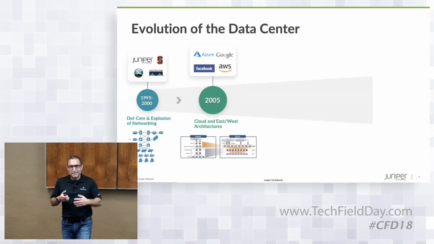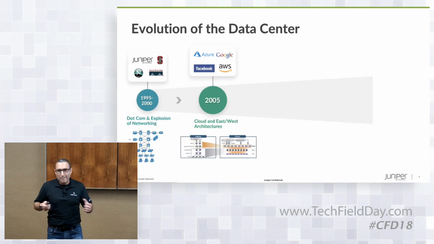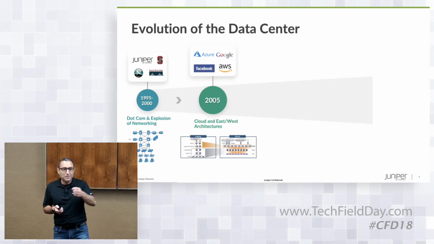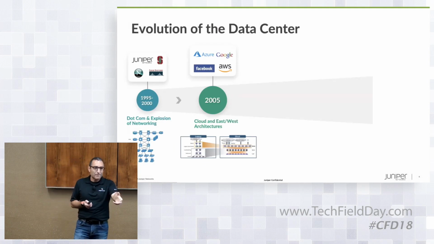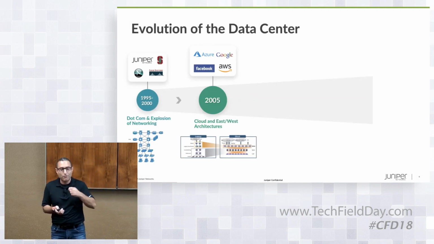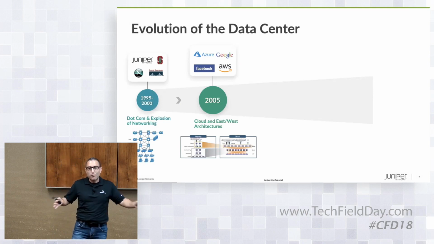And for these networks and for these applications, the architecture of the application changed. It used to be that you ask the server for a request and then you just get a response. With these applications, they became more distributed, and so for every request that you had, there was a lot more